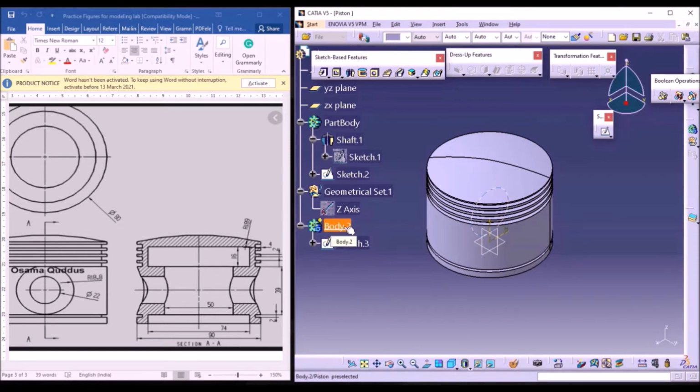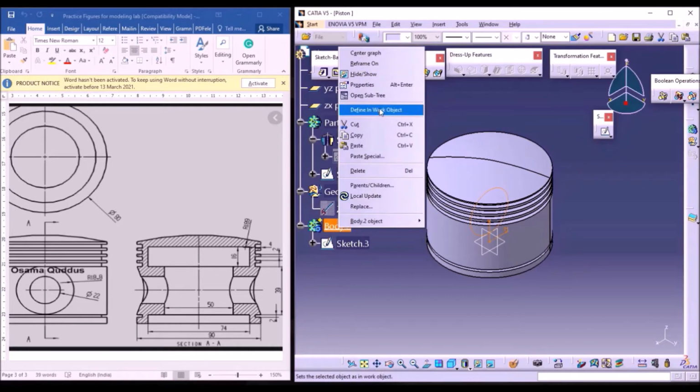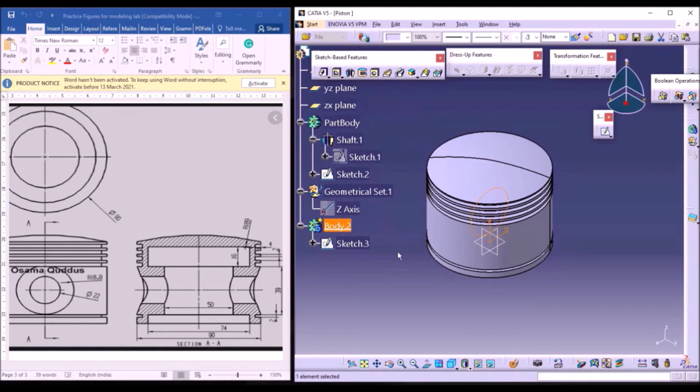Now we need to activate this part body to make the operations for this sketch. So click on part 2, right click on define work object, so that it is activated.